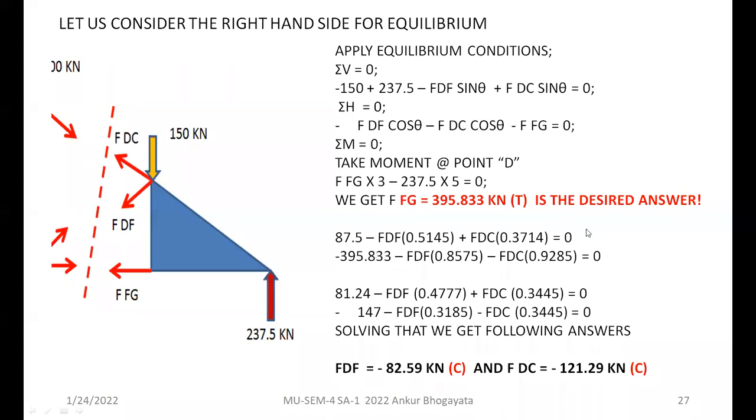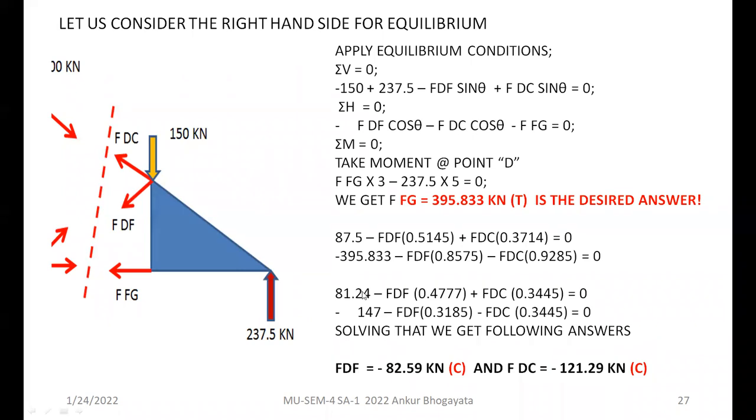You can see that it is negative, so we have indicated it with a negative sign, and then further you can go ahead, you can calculate 150 plus 237.5 will give you 87.5, and then the rest of the unknown forces can be very well obtained by using the method of elimination of the equations, and that is how you will reach the final answers here. So these answers, however, are not required in the question, but as a practice,